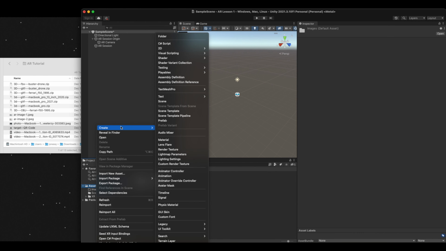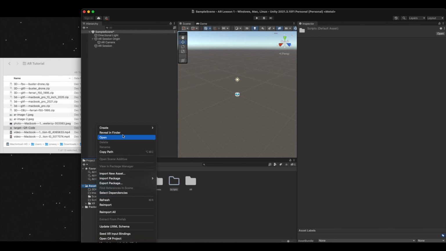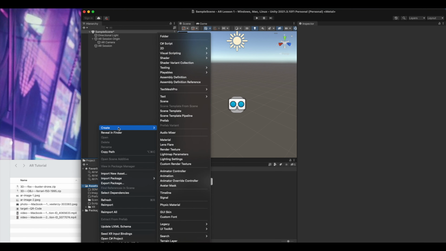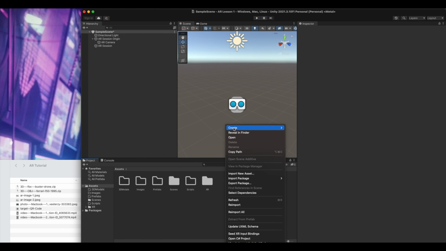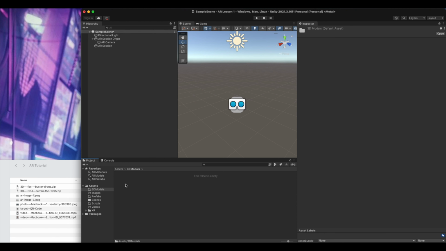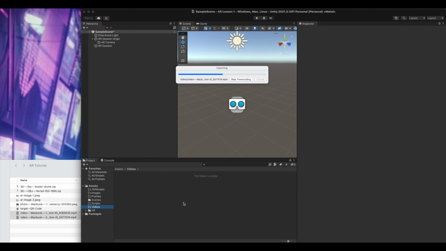Let's start by adding the following folders: 3D models, prefabs, images, scripts, and videos. Once our folders are created, we can begin dragging and dropping our assets. Put your videos in the videos folder, images in the images folder,